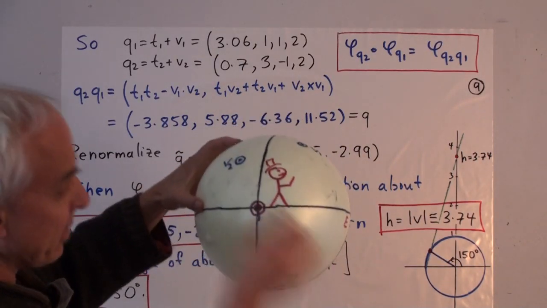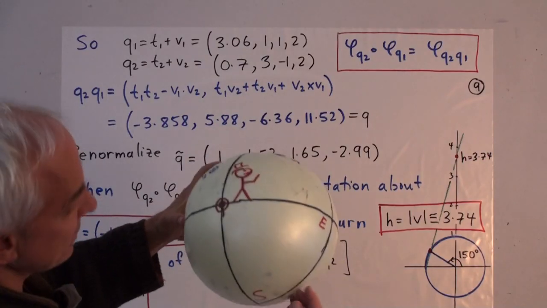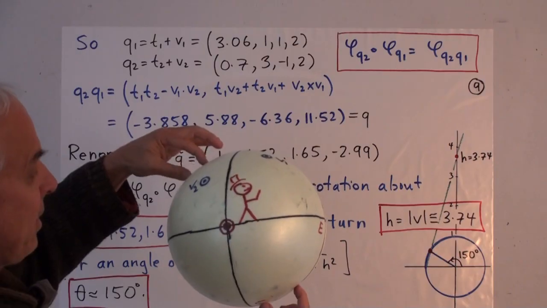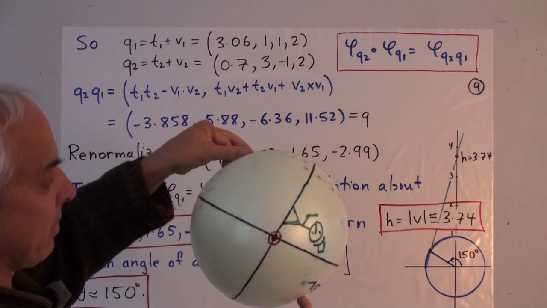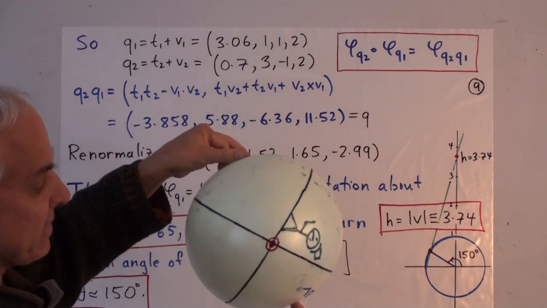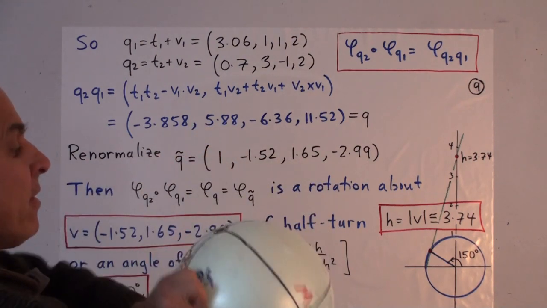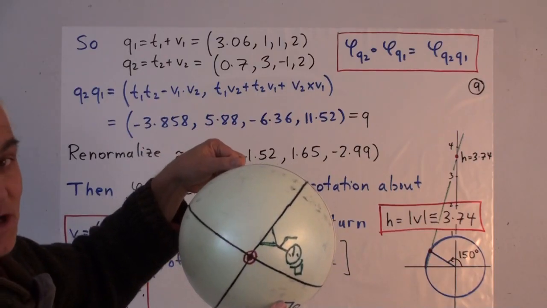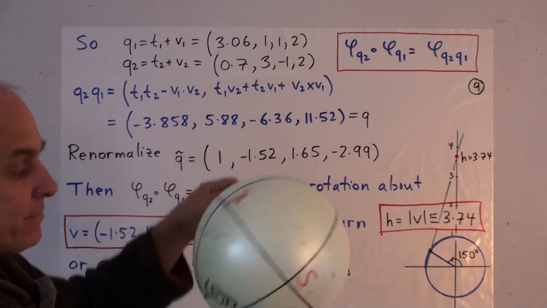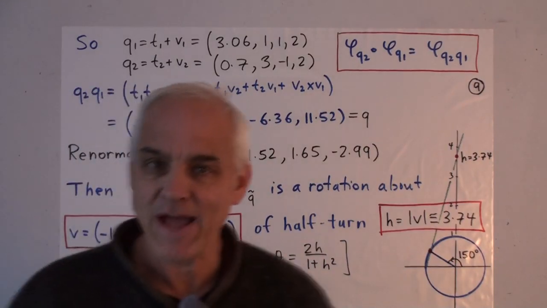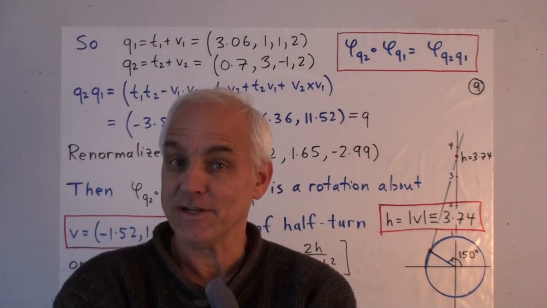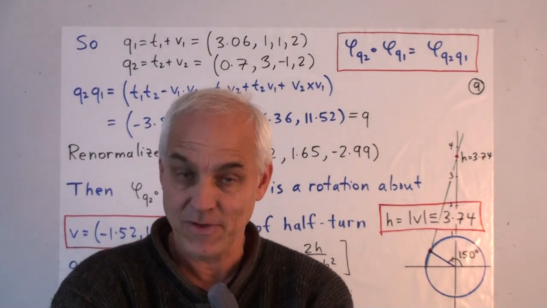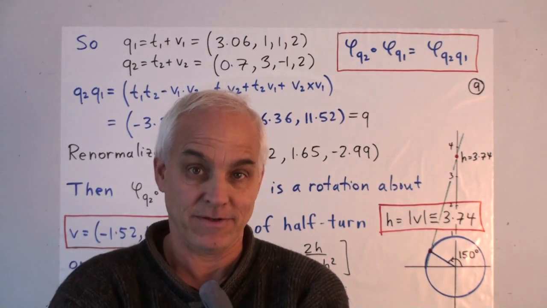All right, so let's see what that would amount to. So there's our axis, and roughly we're going to go 150, about like that. And I hope you can see that that's pretty close to the composite of the two rotations that we considered earlier. So that's how Hamilton's theory of quaternions actually gets used in practice. At least it's my presentation of it.